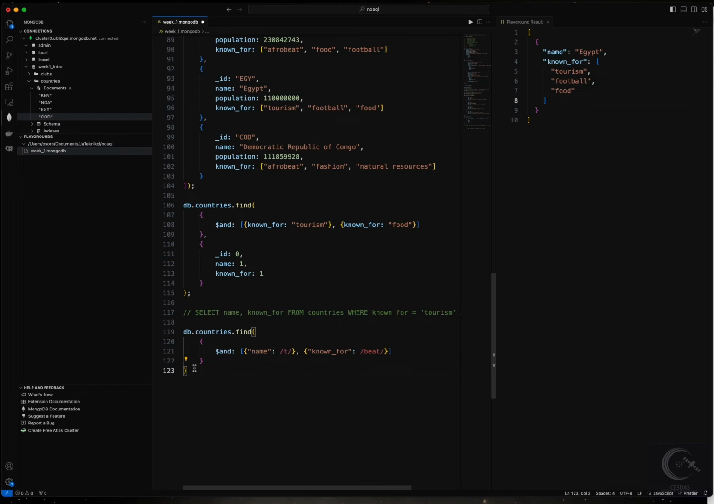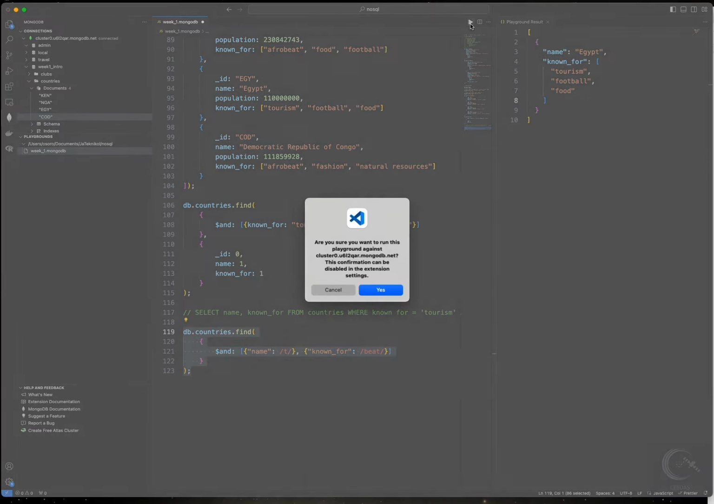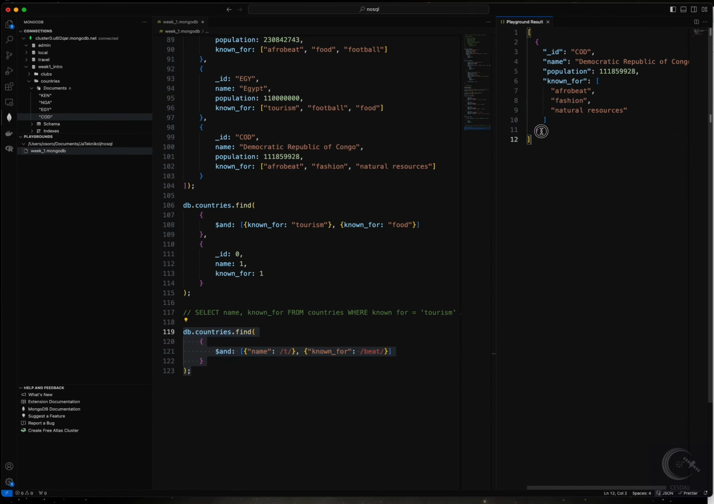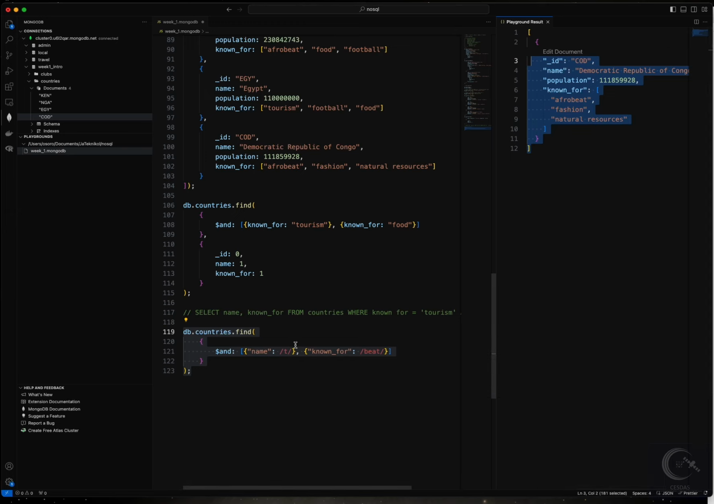And that, as we projected, it should return Democratic Republic of Congo. And it exactly does that. So Democratic Republic of Congo has got T in its spelling and Afrobeat in its wording. So what if we just want a country that either has got T in its name